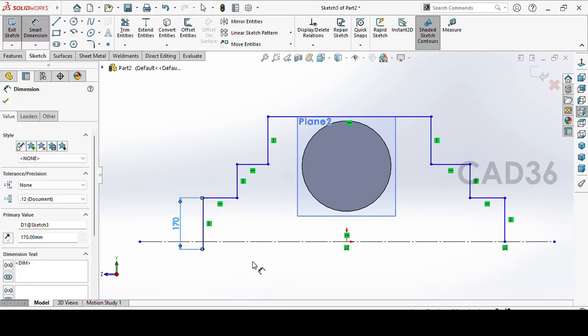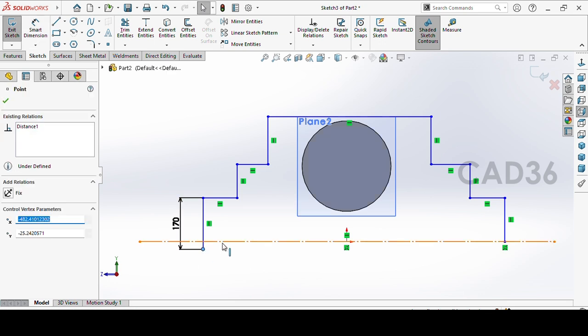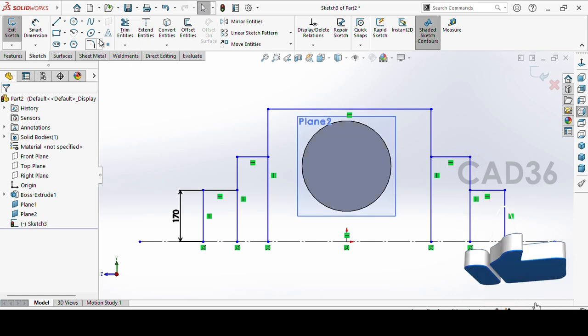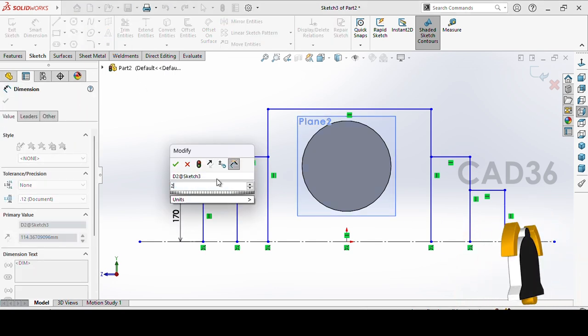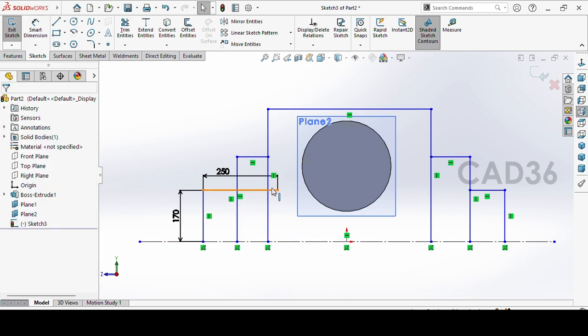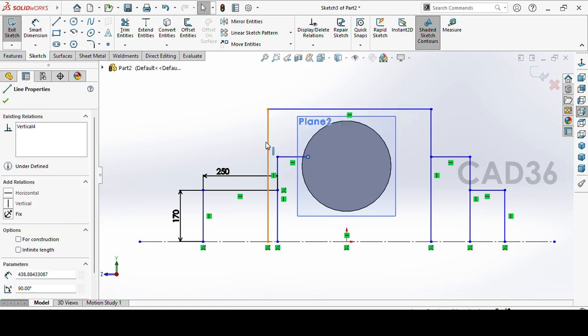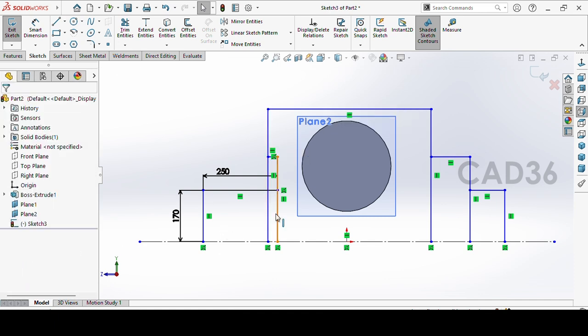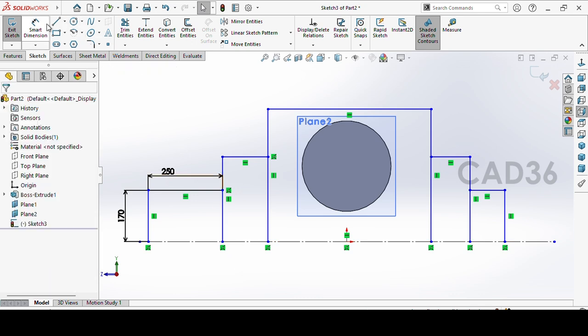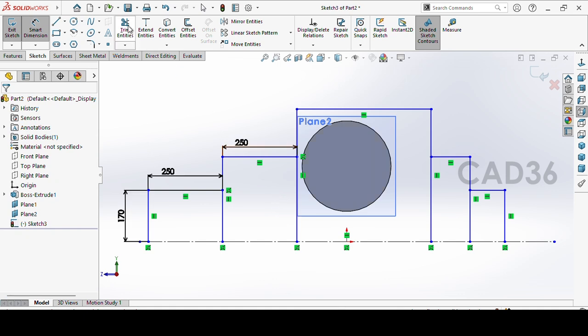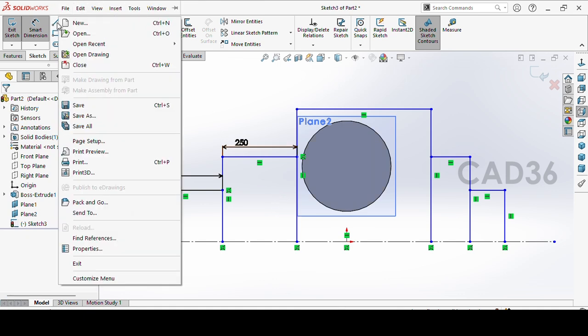So the height of each step is to be 170 mm, okay, all these dimensions are in mm, so each step to be 170 mm. And extend this up to the ground, okay, and each step width to be 250 mm. So select these two lines and make the relation coincident, okay, so it will match in the other direction. So make it for each step 250,